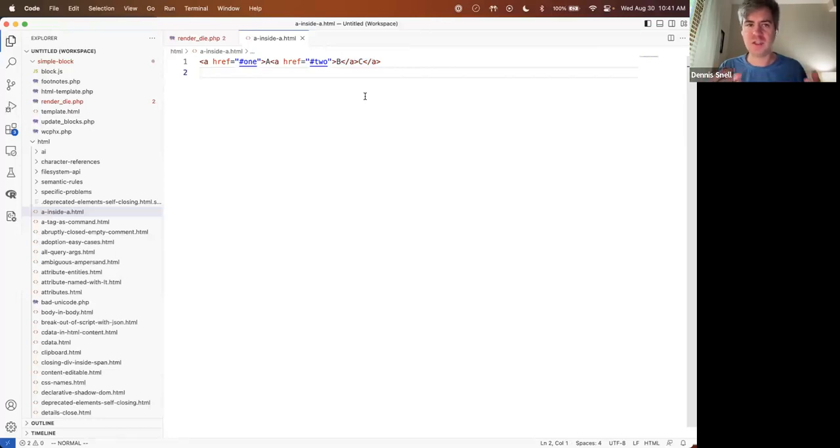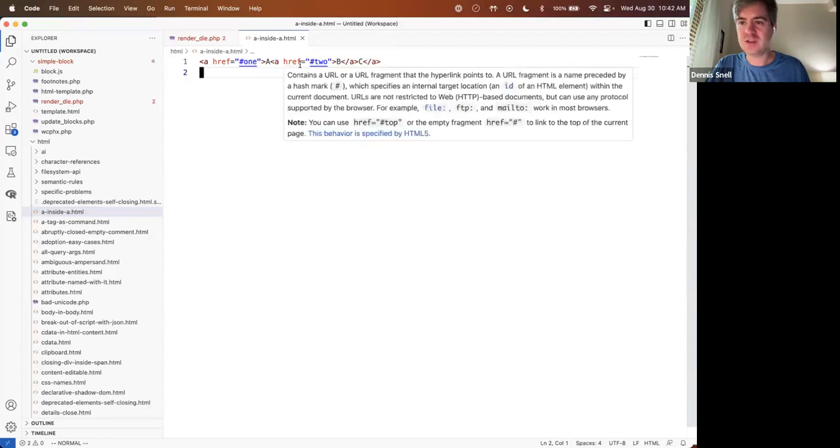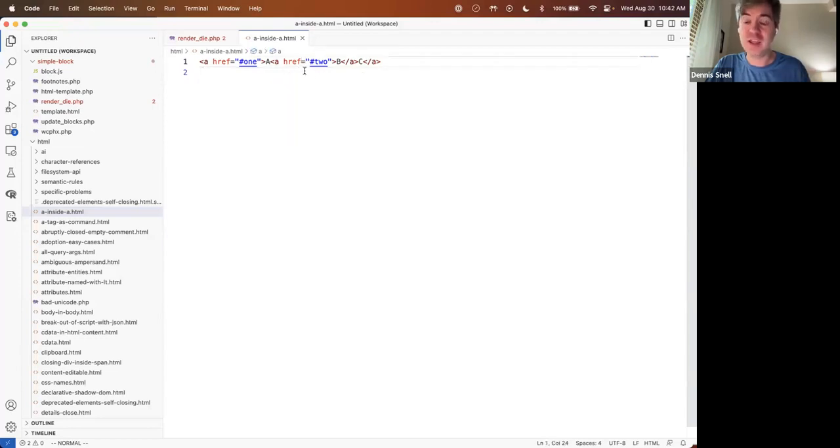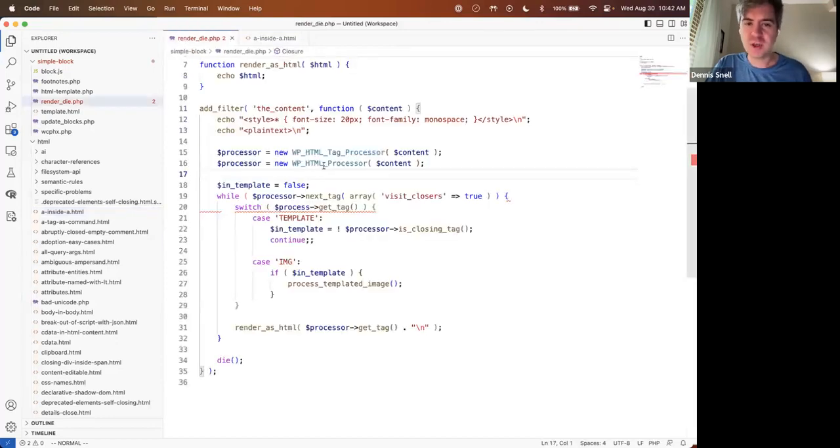It's not going to tell you we're inside of a div. You can track some of this stuff on your own, but I encourage you not to, because particularly with the templates, if you base this parsing off of the idea that tags open and tags close, you're going to get led astray. So this is not an A inside of an A, it's actually a sibling to another A. The HTML processor will be able to give us that information, but for now,